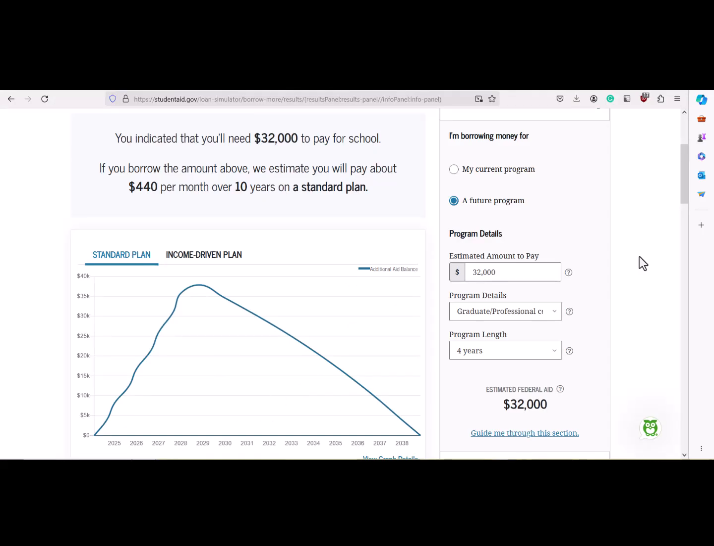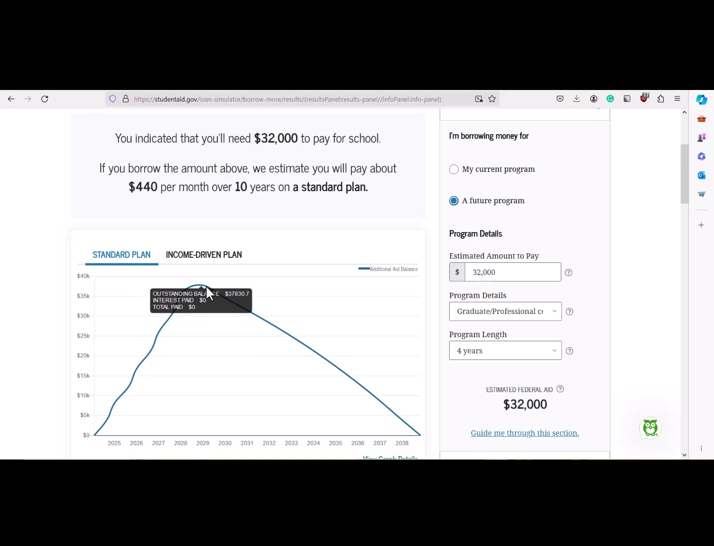Here I want to compare the different payment plans for student loans. The government has a website, studentaid.gov loan simulator, and I put in some parameters. I estimated I'm going to borrow $32,000 for 4 years of college. And they've got a simulator that shows you the different payback options, the standard plan, and they don't tell you the interest rate, but you can run the cursor along the curve and nothing is paid,